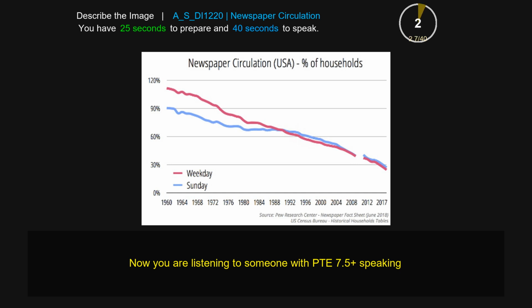The graph shows the importance of newspaper circulation USA of household. It also provides information about 1996 to 2007 and the axis starting from 0 to 120%. The picture also clearly shows Sunday and weekday. Sunday is marked with a pink color and weekday is the red color. The picture clearly shows that 1996 is the highest number, that is 120%, and 2070 is the lowest number, which is 30%. After analyzing this picture, it can be concluded that this is a very informative picture of a newspaper circulation of